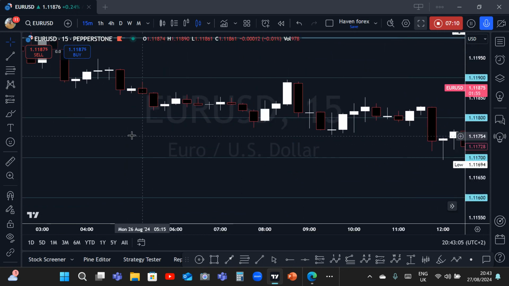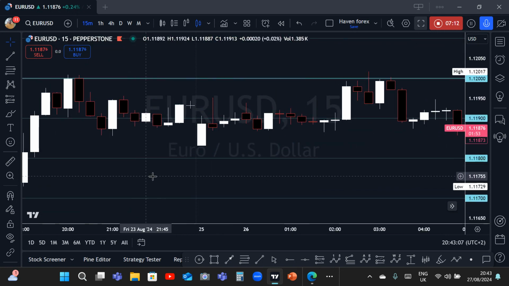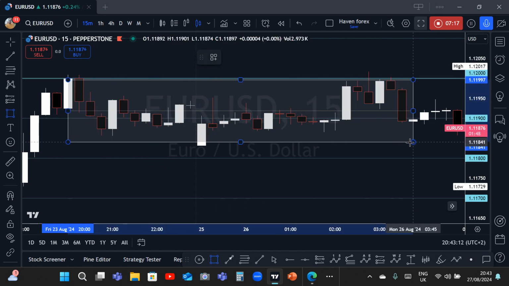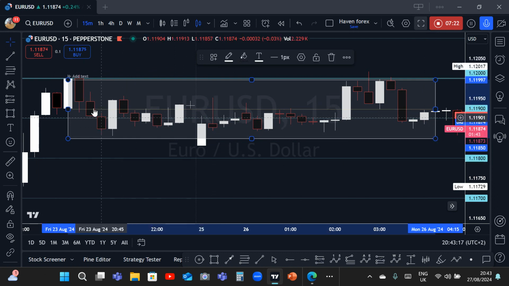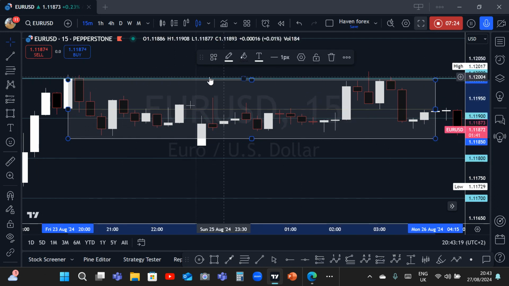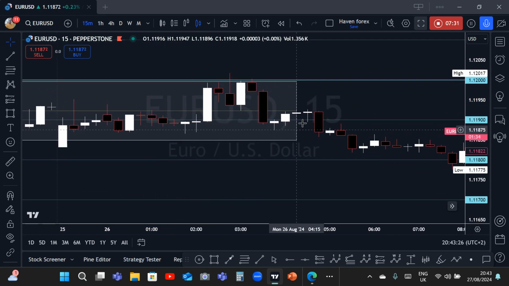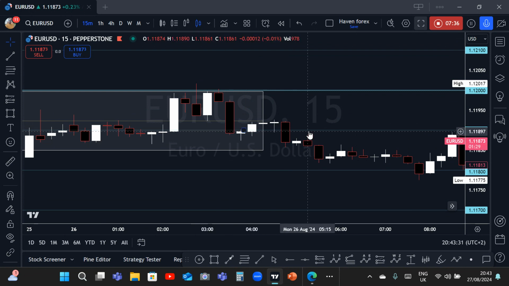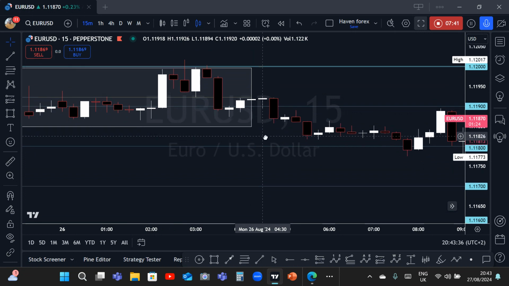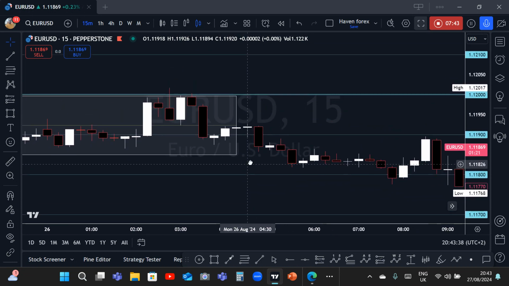A breakout simply means, for example, let's say this price action is confined up to this point. It's not doing anything. It just goes up and down within this support and resistance level. It's not going anywhere. Anytime you see price push above or below this area, you just know that now the